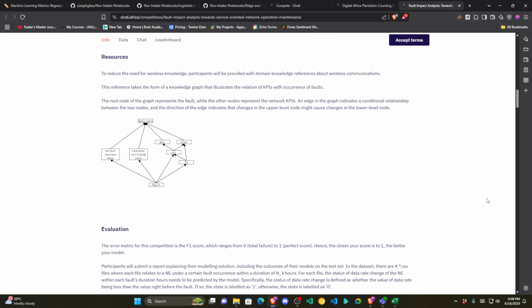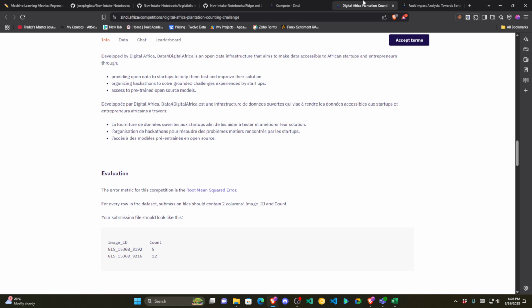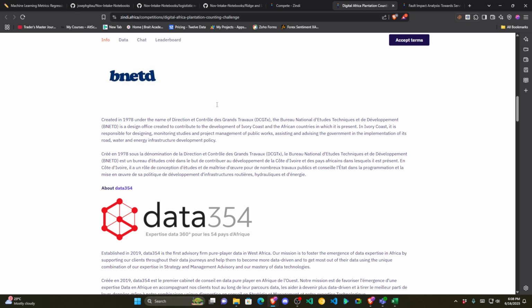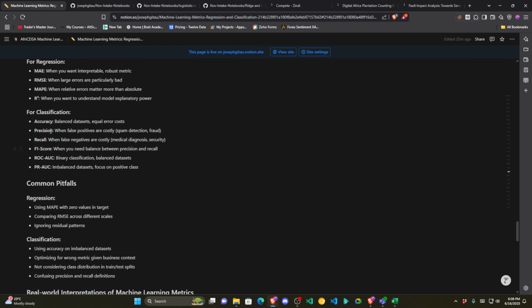And from what you are seeing over here, you'll get to note that for the ML and data science tasks that you will be working on, the organization that you will be working for will define which metric is relevant for them. Okay, so let's proceed. For classification, you can have accuracy when the dataset is balanced and there are equal